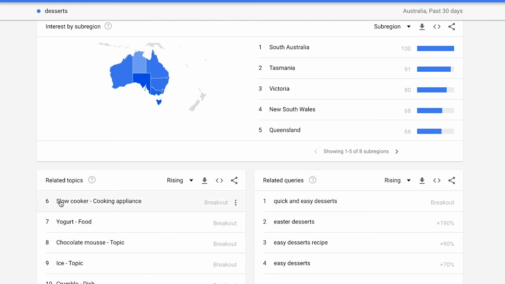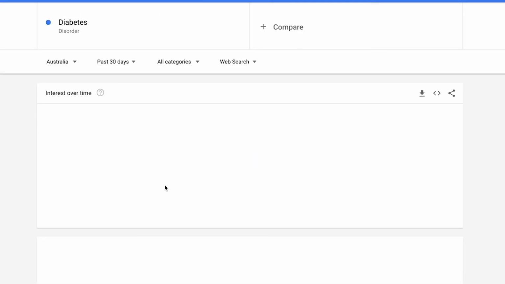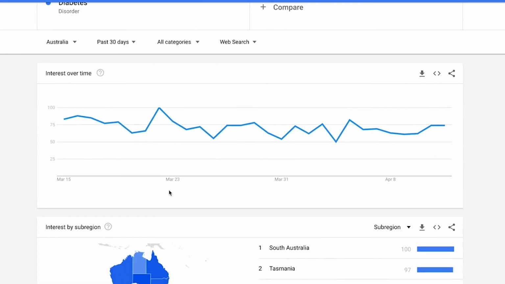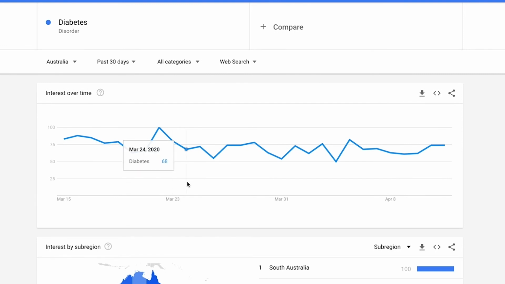Interested in slow cooking. Maybe there's an idea there of creating a dessert with a slow cooker to repurpose the kitchen instrument, I guess. Raw foodism, never heard of it, but again, this is really interesting. I'm learning all this stuff about Easter desserts. People are searching diabetes. That might be interesting to check out. Diabetes, obviously, we're seeing a big spike in that as people are home with the coronavirus at the moment. They've got a sweet tooth, so maybe my business proposition is making a really healthy dessert that has no sugar in it and does help with diabetes or something like that.